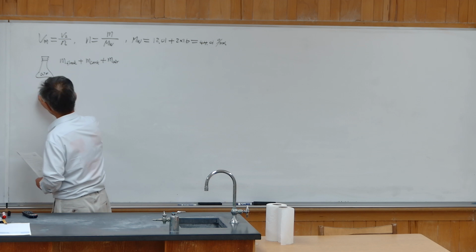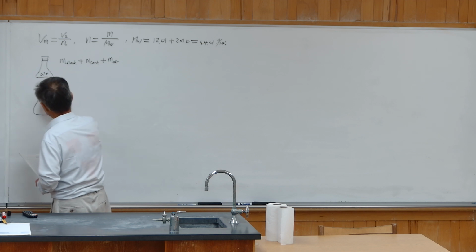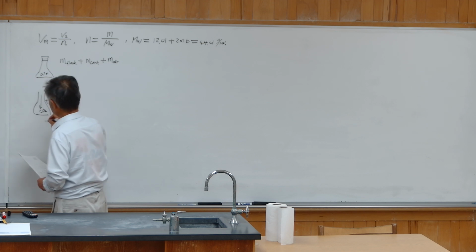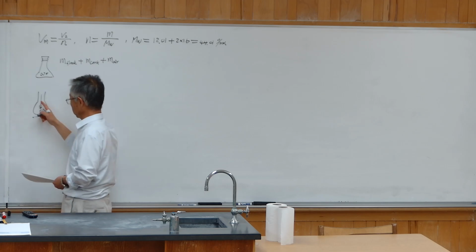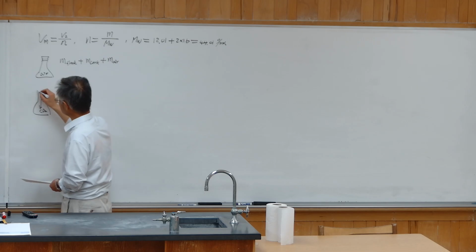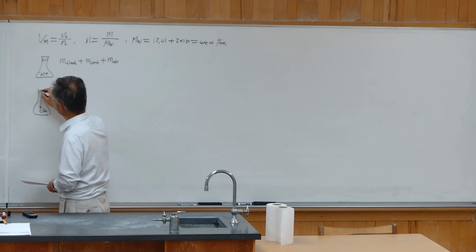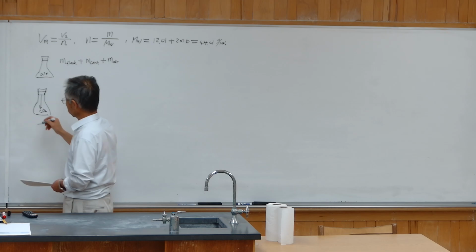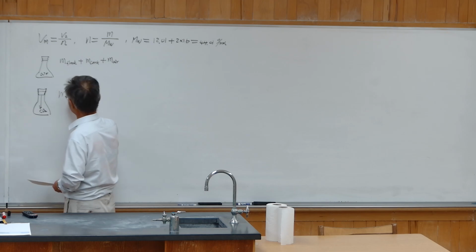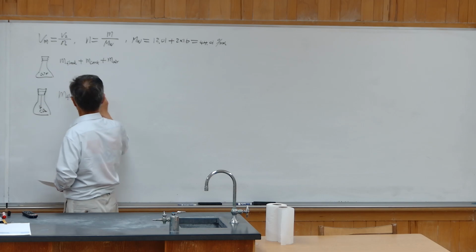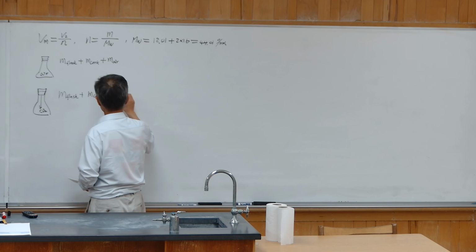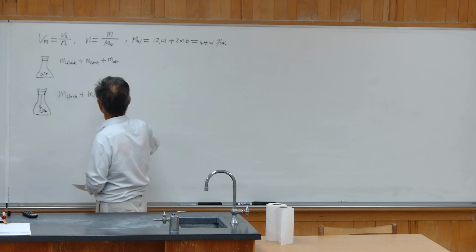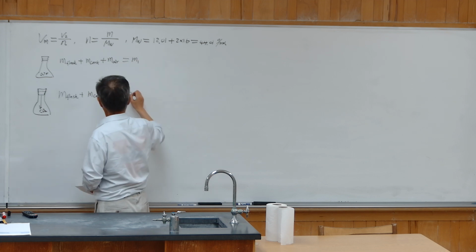Then after you put some carbon dioxide, solid carbon dioxide, then it evaporates and becomes gas. Carbon dioxide is heavier than air, so it pushes air out. So inside the flask becomes carbon dioxide now. Now the second time the mass is flask, cork still there, and this time no air, it becomes carbon dioxide. So if this is M1 and this is M2